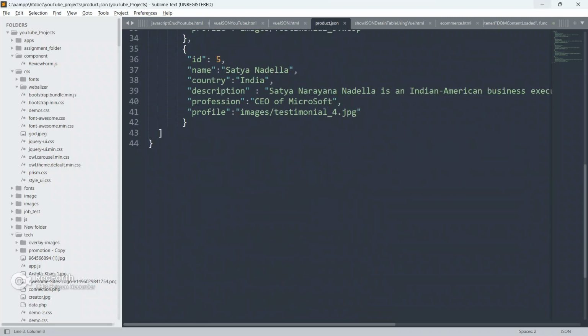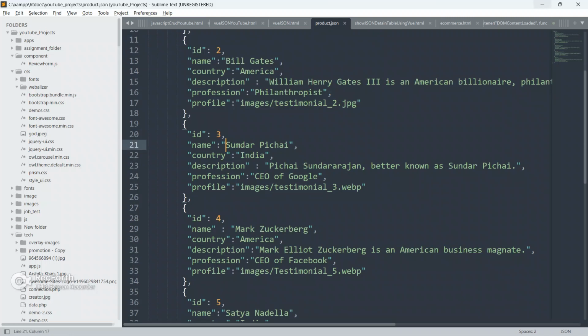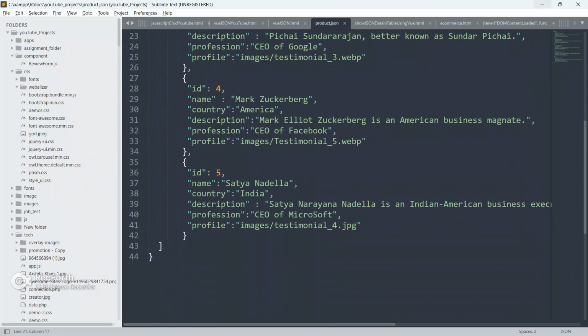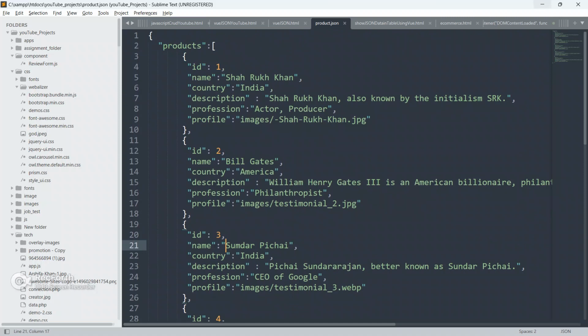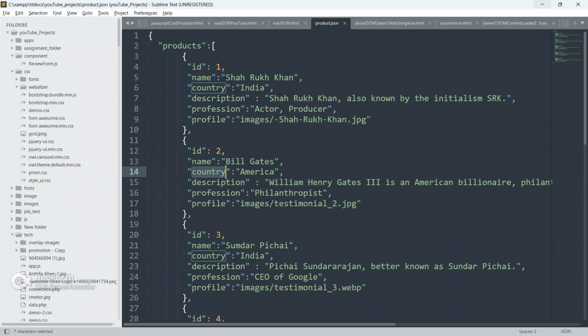I have already explained that this is the product array, and inside the product array we have got 5 elements: 1, 2, 3, 4, and 5. Always remember, a JSON file is always in key value pairs, separated by a colon.